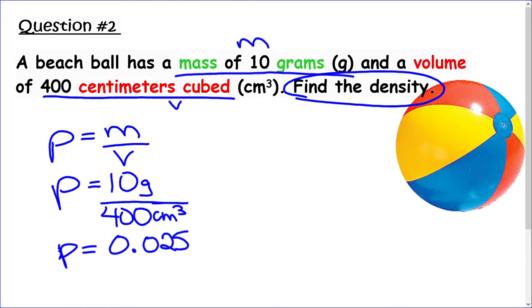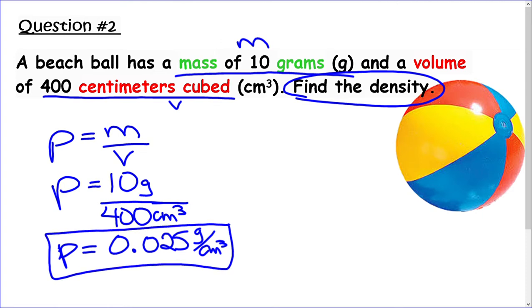Grams are on the top, cubic centimeters on the bottom. You have to include units. It has to have some sort of context here. So grams over cubic centimeters. We're going to box in our answer. It is a word problem talking about a beach ball. It wants to find the density of that beach ball, and you don't need much. We just need to say the density